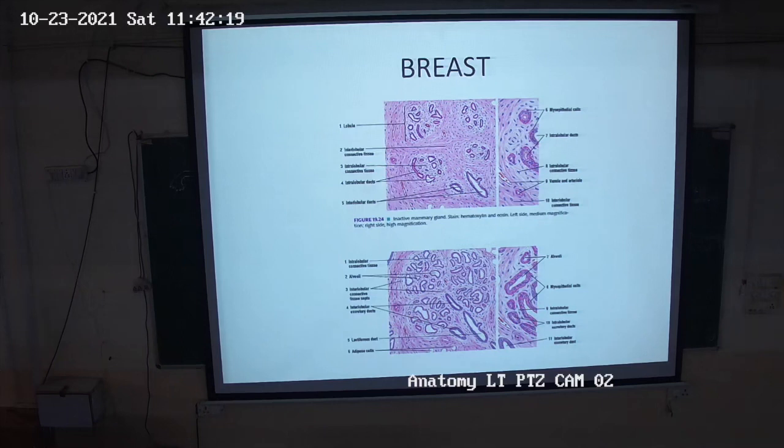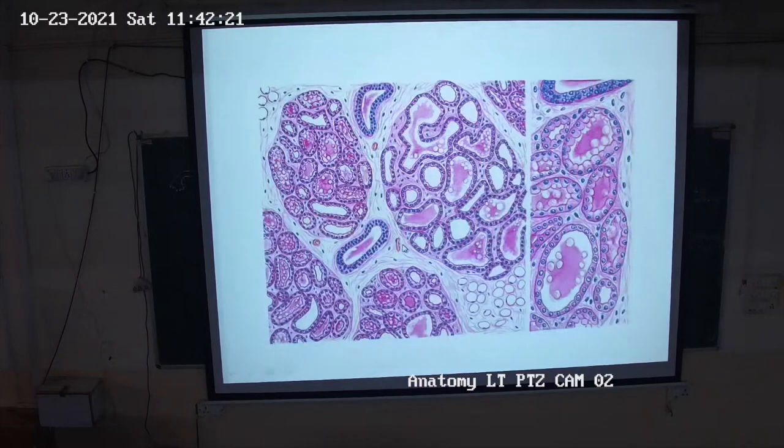Then during lactation, after childbirth, the alveoli are rounded and large, and fluid, that is the milk, is secreted into the lumen. The lumen is larger, and the cells are now simple columnar. You can see the secretions in the lumen, and there are also vacuoles present here, which represent the fat droplets. When the slide is made, the mucus and fat droplets are washed off. They are not stained with the normal stains, so they give the appearance of vacuoles.